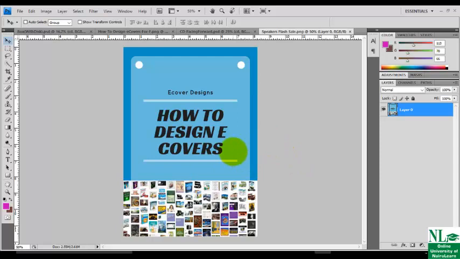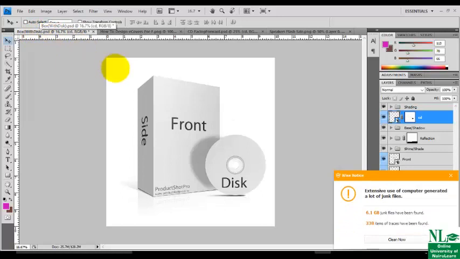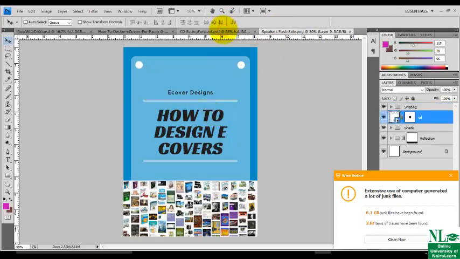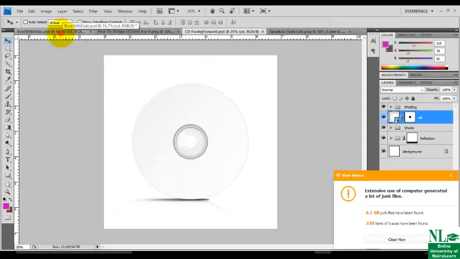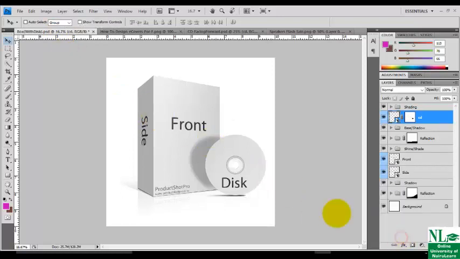So now we have our template, right? Our 2D template, and we also have our product shot profile. This is the CD facing up format, and this is the box with DVD. Box with what? CD. Now watch me as I lay this template on both this CD and this box. For repetition, yes, our people say that repetition is the mother of all learning.